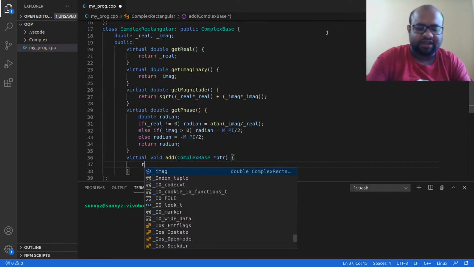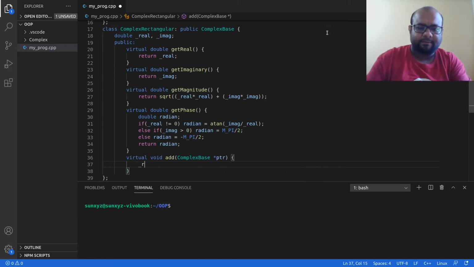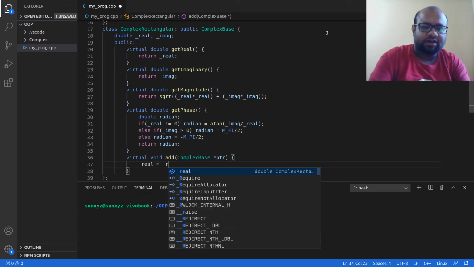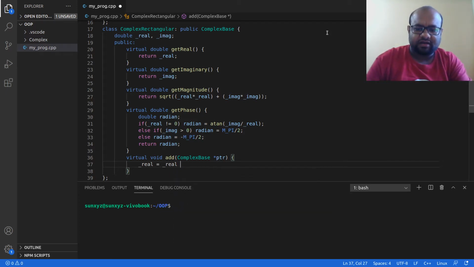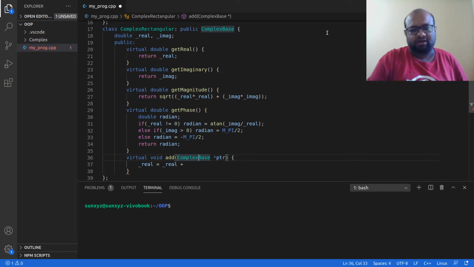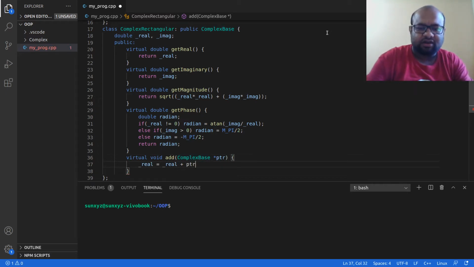I have this real part of this current object, and this is going to be updated to the real part plus whatever is in the real part of the pointer. But here is something, I cannot do this. This is going to give me an error.